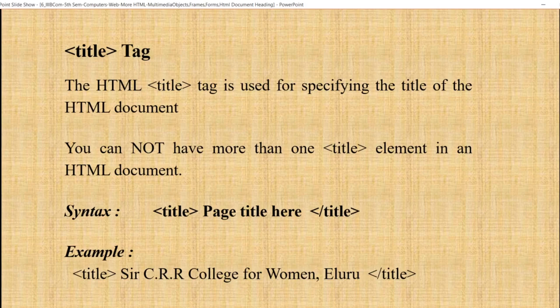Provides a title for the page when it is added to your favorites. Displays a title for a web page in search engine results. Syntax for title is title, search your college for women, Elur.